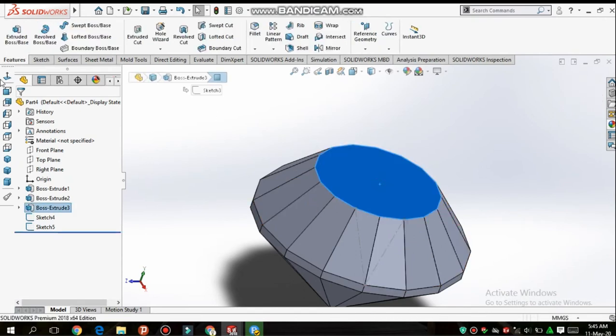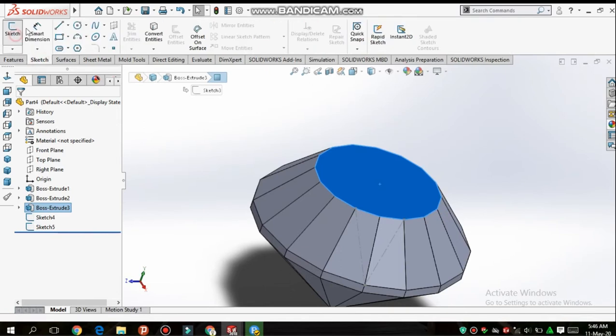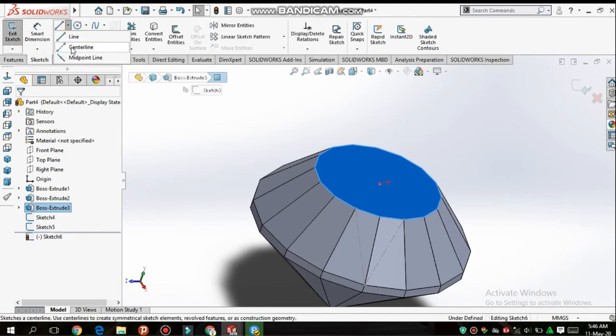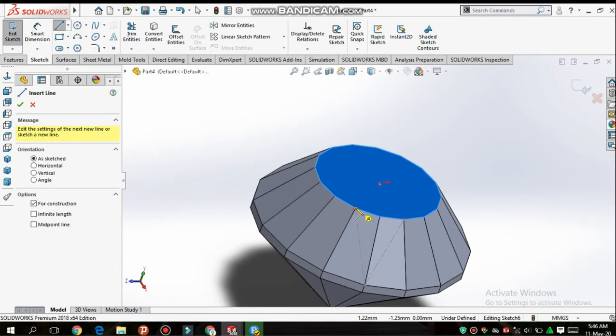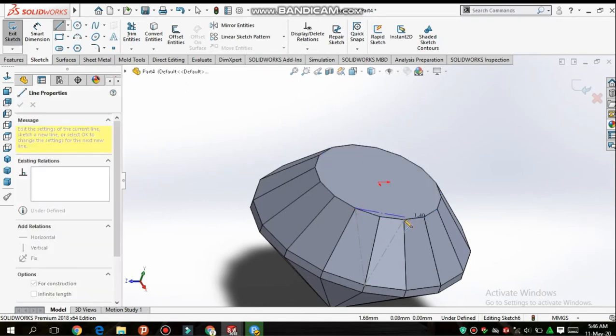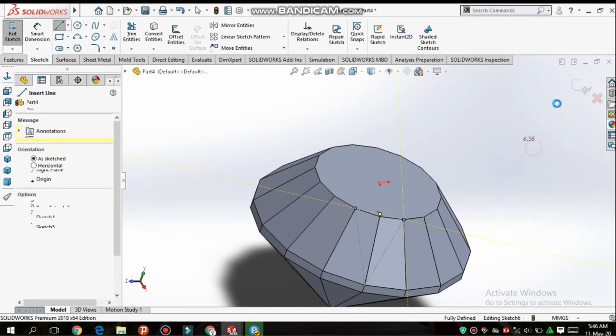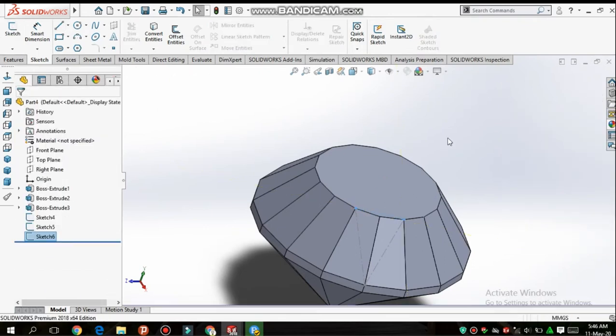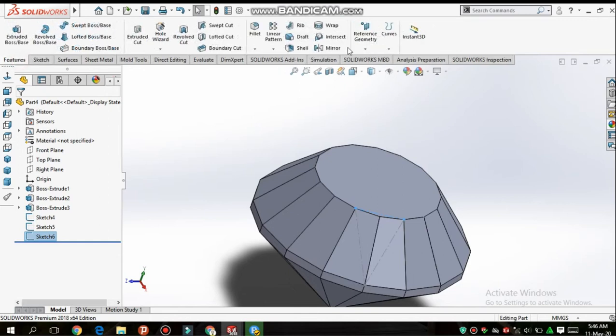Now select this face, go to the sketch. Now select the center line and connect both of these two lines by using center line. Exit from it, exit from the sketch. Now go to the reference geometry.